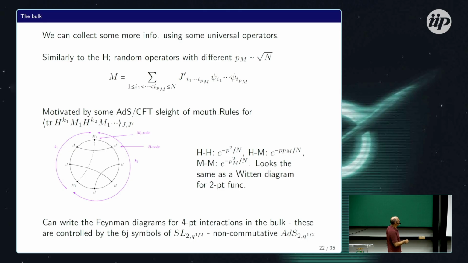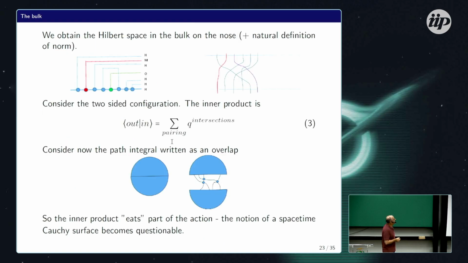You can compute the 4-point function, and you see that it's a 6j symbol of SL2 at q to the 1/2. For some reason that I don't understand, it just comes out of the computation. However, there is one thing: before, I defined the Hilbert space as the number of chords, now I need to define this Hilbert space as a configuration of chords of different colors. So H are the Hamiltonian chords, but then I put some particles. So this is my configuration. This is a much more complicated Hilbert space,